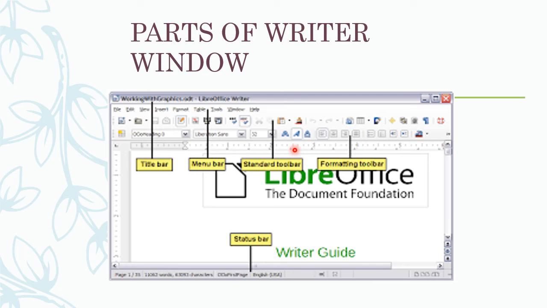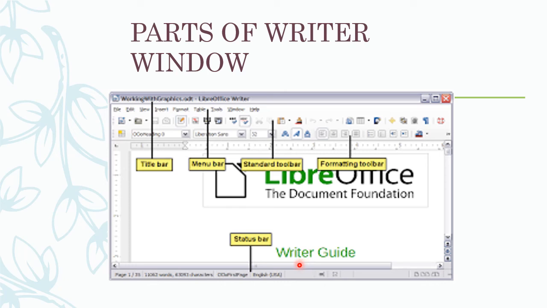That is the rulers. The ruler is the horizontal ruler and this one is the vertical ruler. This vertical ruler is used to control the header position and the footer position. And here we have the scroll bars. This is the vertical scroll bar, this is the horizontal scroll bar. This vertical scroll bar is used to view the content which is in the upper position and the content which is in the lower position. To see, we can scroll the bar as a vertical scroll bar, and this scroll bar is known as the horizontal scroll bar.